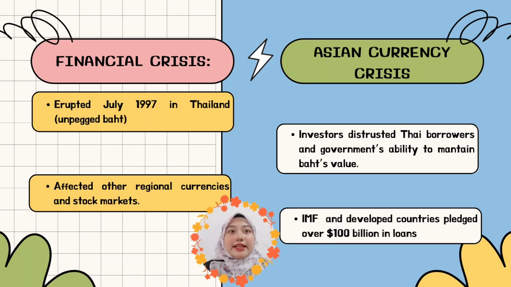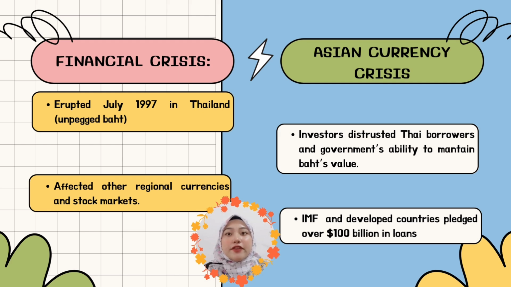Moving on to another significant financial crisis, let's discuss the Asian currency crisis, which erupted in July 1997. This crisis originated in Thailand, when the Thai government was forced to unpeg its currency, the baht, from the US dollar due to dwindling foreign reserves and speculative attacks. This decision triggered a massive loss of investor confidence. Investors began to deeply distrust Thai borrowers and the government's ability to maintain the baht's value, leading to a rapid